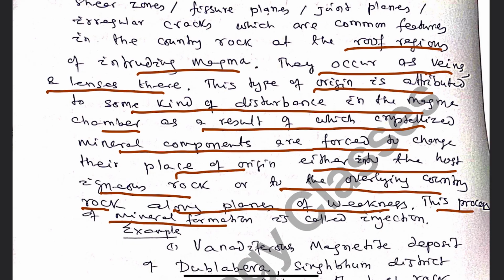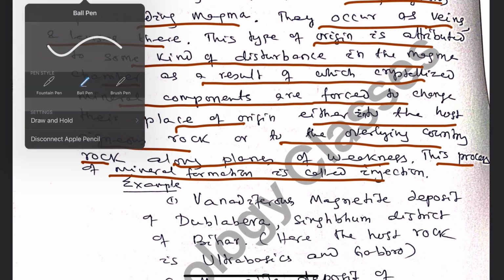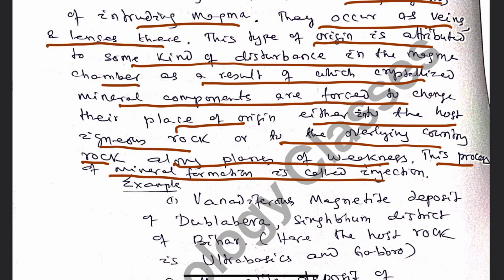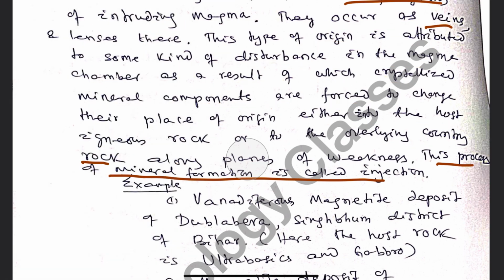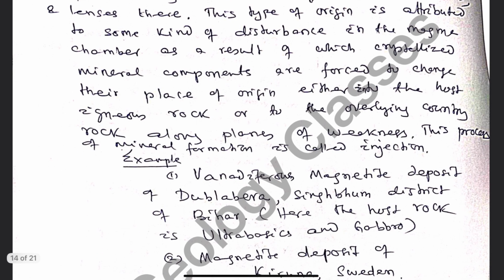This process of mineral formation is called injection, as the crystallized components are injected into the country rock or injected into the host igneous body. For example, we have